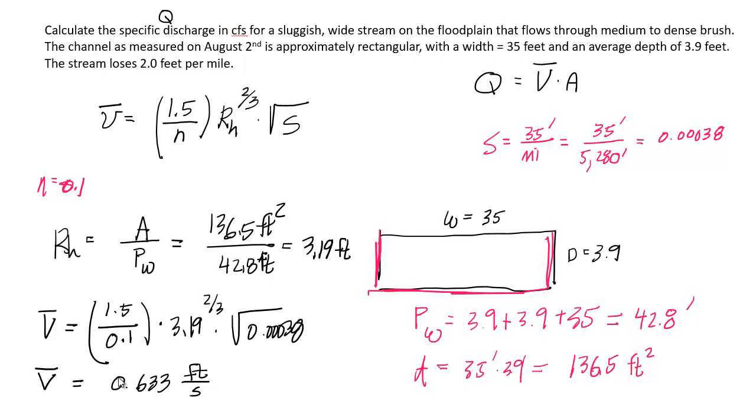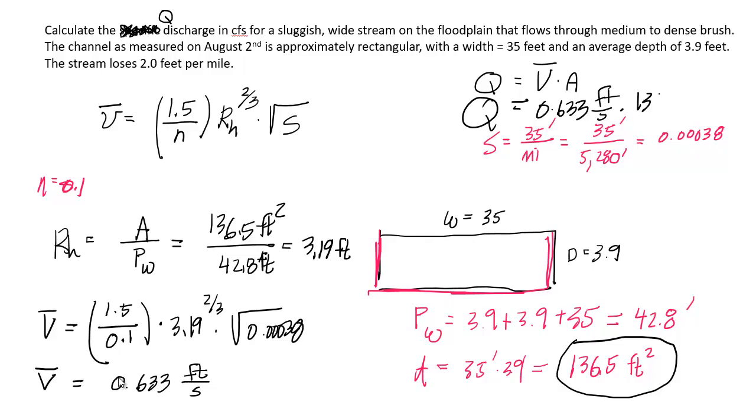Actually, not specific discharge. This should be discharge. I'll fix that on the problem. So calculate the discharge Q. I just multiply the average velocity times the area. I have both of those things. The area is here, 136.5. So the discharge Q will equal 0.633 feet per second times 136.5 square feet. And I get, final answer,